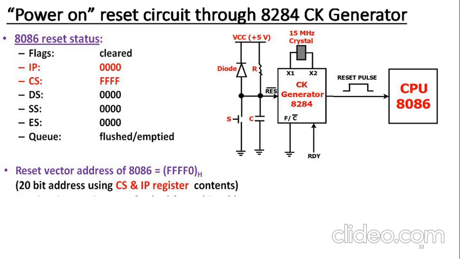Now thereafter, suppose you want to reset the processor in between. Besides the capacitor, there is a switch. That switch can be pressed so that the capacitor quickly discharges through the closed switch. RES bar is made 0 at that moment, and again the reset pulse starts at the output of the clock generator. Once you release the switch, the capacitor starts charging again through the resistor. When the upper plate of the capacitor charges to logic 1, RES bar becomes 1, the reset pulse ends, and then the processor will be reset.